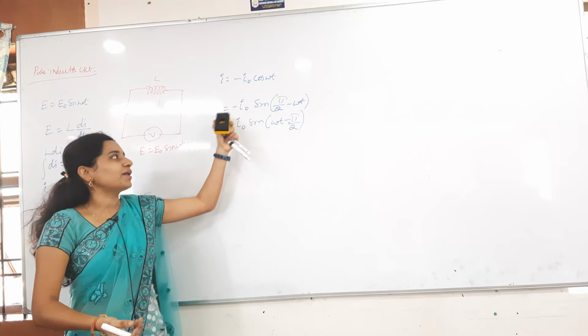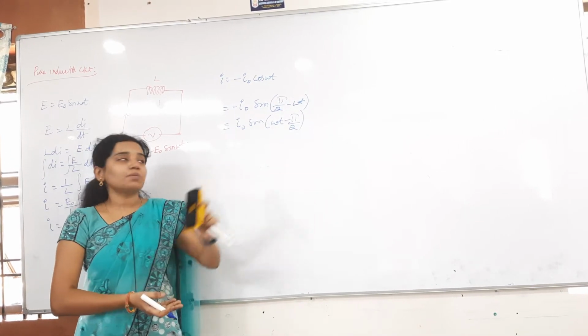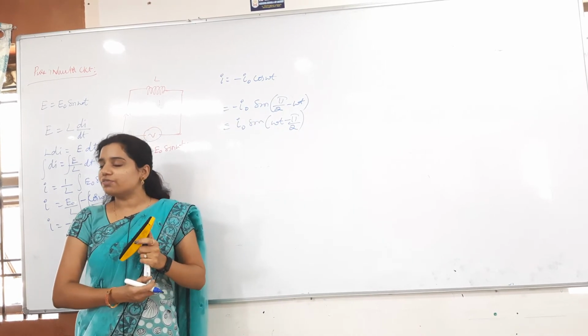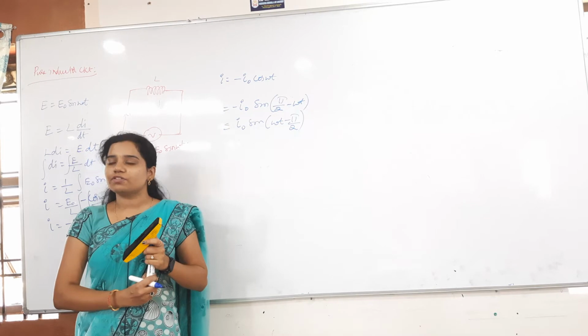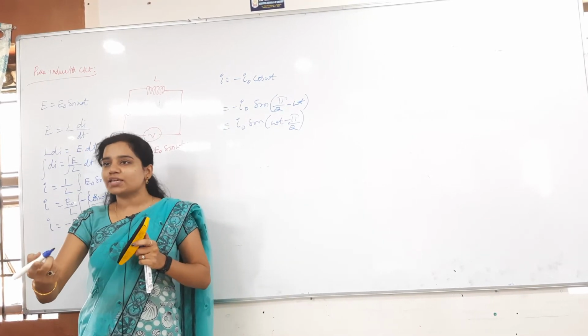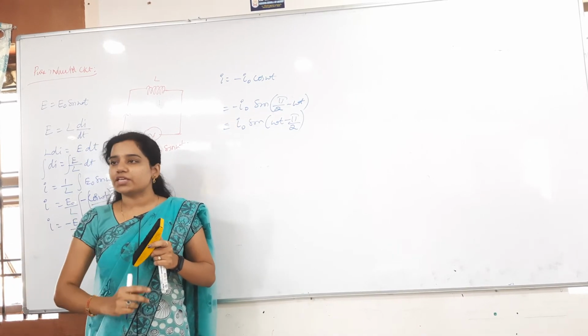Then after that I send the minus inside. Then we got omega t minus pi by 2. Before we got minus omega t minus pi by 2. I want to get plus omega t always. Frequency cannot be negative. Frequency will be positive only. The number of cycles we get might be 0 cycles, otherwise it might be 10 cycles or 100 cycles. It cannot be minus 50 cycles.